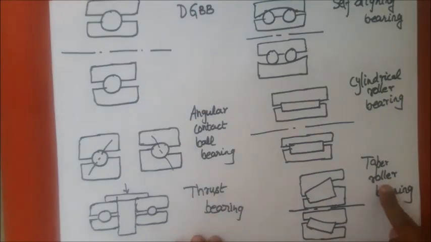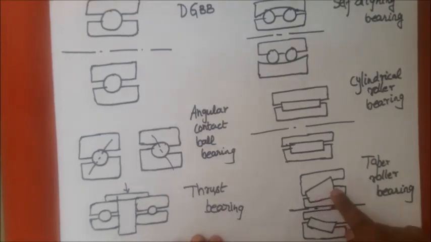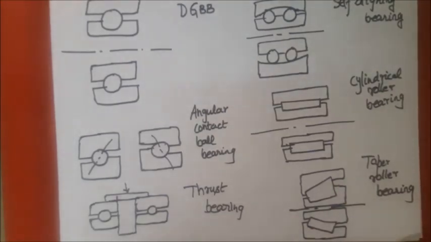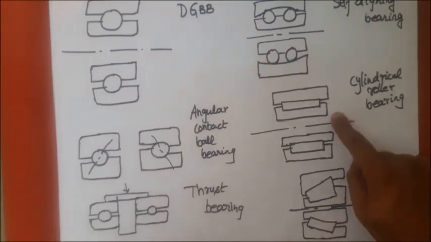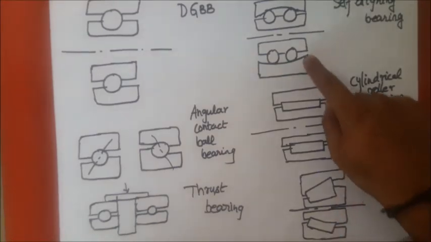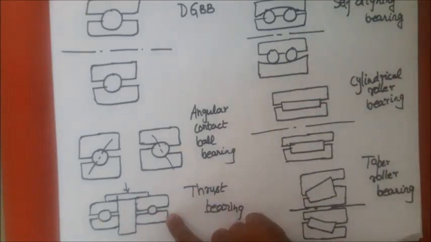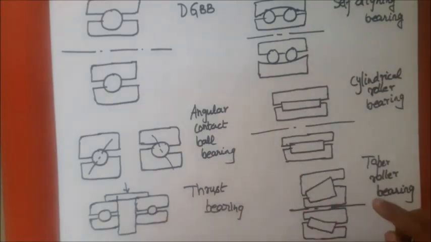Now this is the taper roller bearing. As you can see, this taper roller bearing can resist the thrust load as well as radial load as its axis is inclined. Okay, now we will see how the bearings are selected. For low and medium speed we use ball bearings, whereas for heavy loads we use roller bearings. Self-aligning bearings like this are used in situations where there is misalignment between the axis of the shaft, and thrust bearings are used for medium thrust, and cylindrical roller thrust bearings are used for heavy thrust.